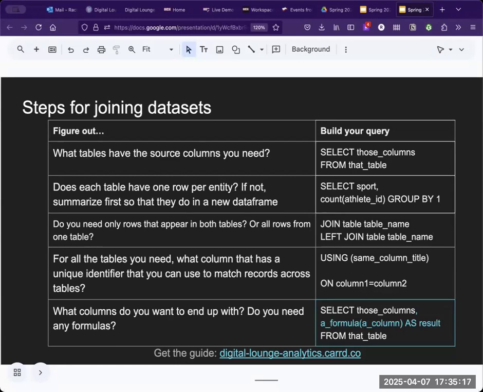This is where you're going to pick your type of join. Do you want only the rows that appear in both tables, or do you want all the rows that are in this table and then augment with anything in the second table? That's where you pick join or left join. All right. Using